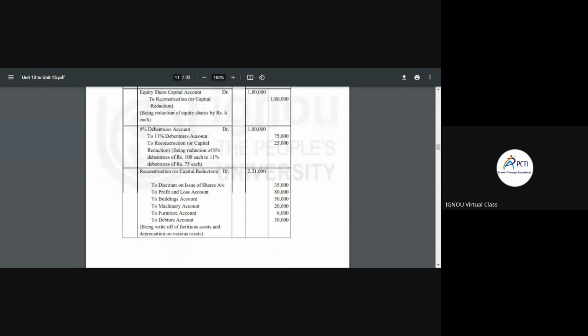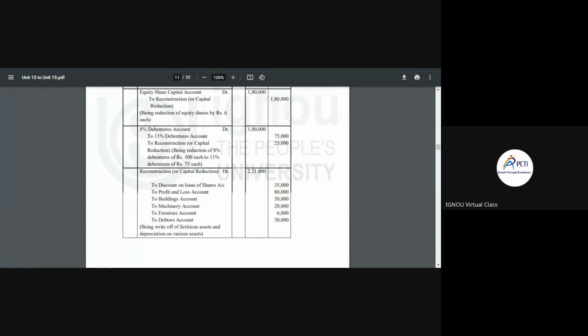Next one is for debenture holders. They said to us to increase the debentures. So from 8% debentures, we will now have 11% debentures. So 8% debentures account debit 1 lakh to 11% debentures account 75,000, and to reconstruction or capital reduction, being reduction of 8% debenture of rupees 100 each to 11% debenture of rupees 75 each. That means the price of the debenture will be reduced, but the interest will be increased. That means we need to pay more interest to the